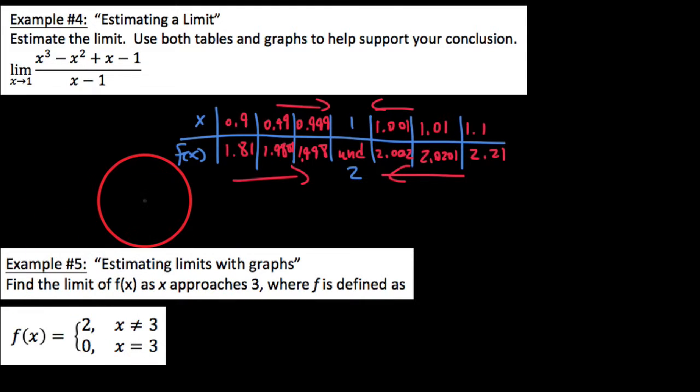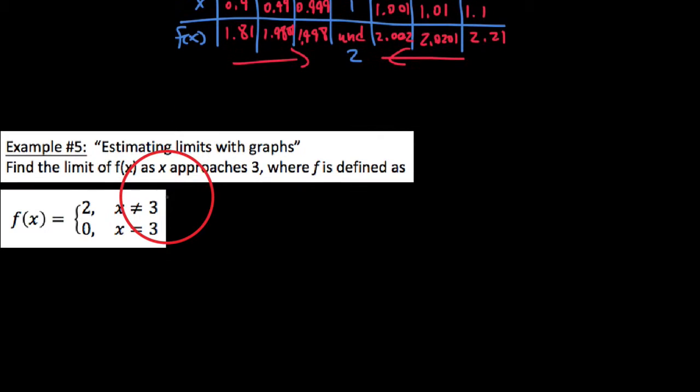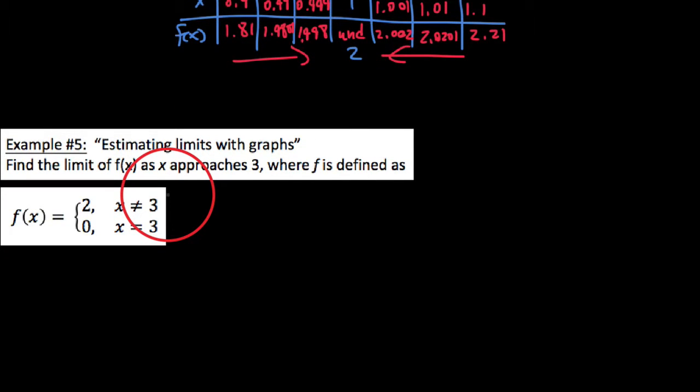So let's take a look at this next function here, which, interestingly enough, is a piecewise function. But as we graph this piecewise function, we see that it behaves in 2 different ways. So we say find the limit of this function as x approaches 3, where f is defined as this. Let's start by writing our limit. Our limit is the limit of f of x as x gets really close